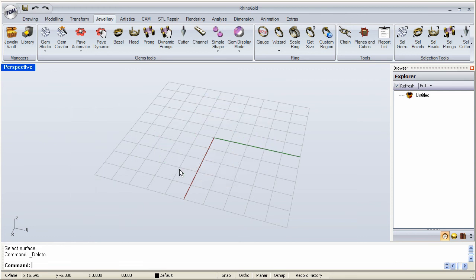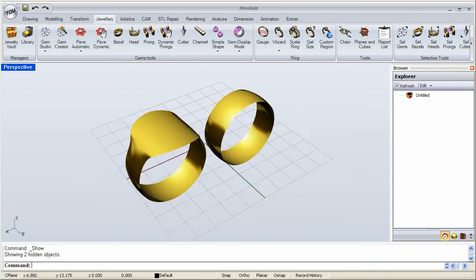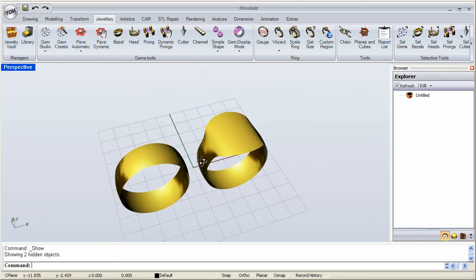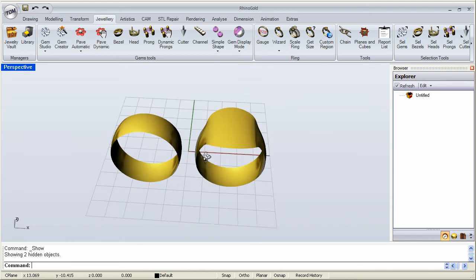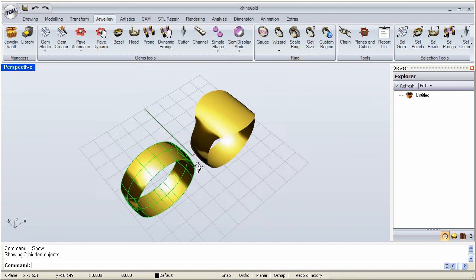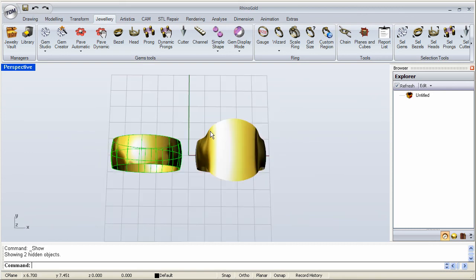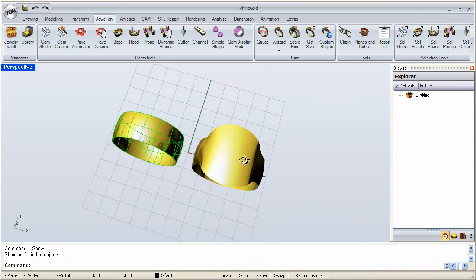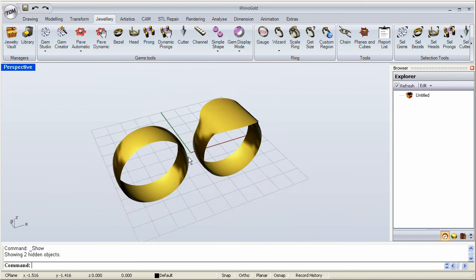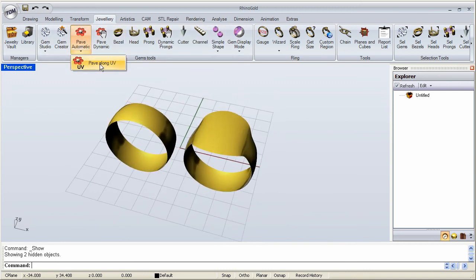Let's get rid of this guy here, and let me show some objects that I have hidden here. And here we're going to see some of the options a little bit clearer. Notice that these started out as two very identical type of objects, but this one has been modified slightly. I show the control points and I scale them to the side, forming a bigger top section over here. So what I'm going to do now is use the UV,